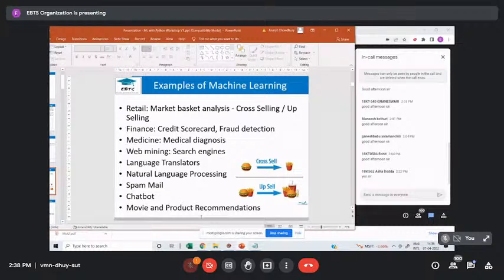Typically, you generally deposit 50,000 a month or 170,000 a month, but suddenly I see there is a figure of 3 lakhs or 10 lakhs deposited in a month. As a banker, I need to know where this money is coming from. So there are ways for me to identify whether it's a fraudulent transaction or a normal transaction, right? So there are n number of examples of machine learning.